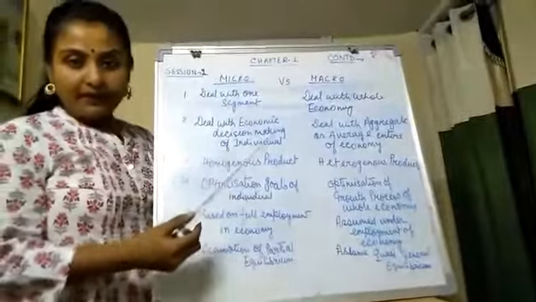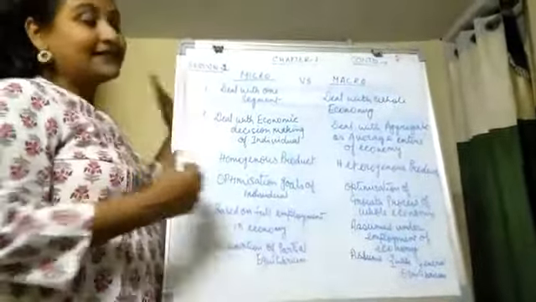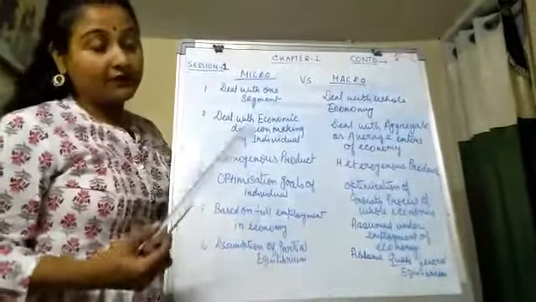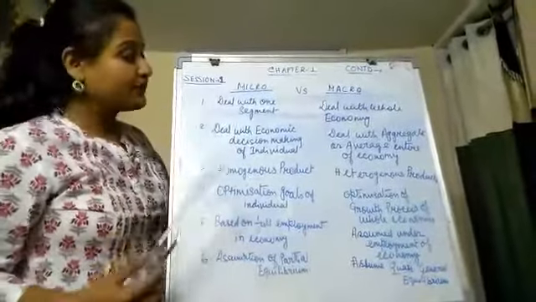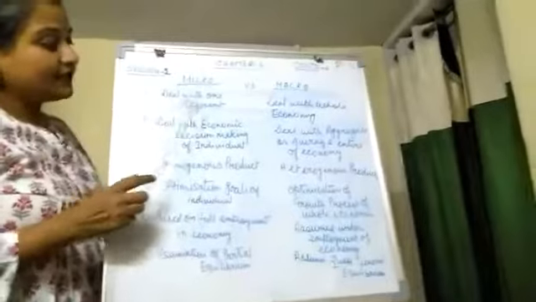So whole is for macro and small unit for micro. Now let us go in detail of the difference between micro and macro. Very important, and it keeps coming. This particular question keeps coming in the board. So now microeconomics, as we have discussed, deals with one segment or the small segment, and macroeconomics deals with